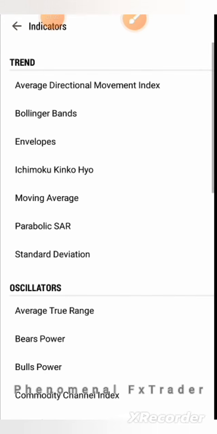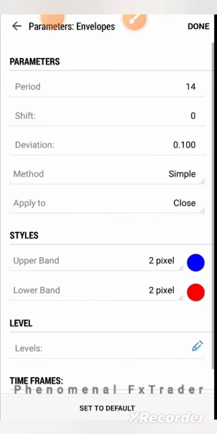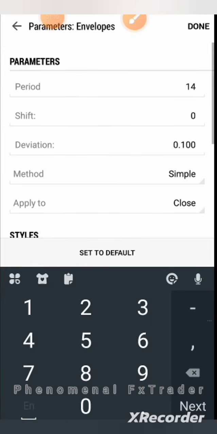So on the main chart we are going to add envelopes, and for the envelopes we have a period. Please follow the settings accordingly. Period of 20. The shift is 0. Deviation is 0.100. The method is simple, and you apply to close. Then the upper band